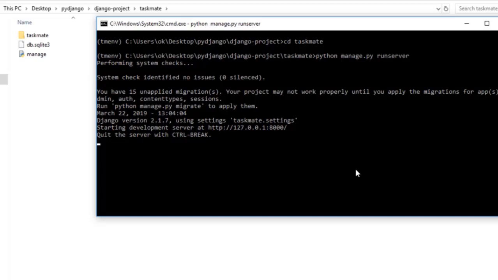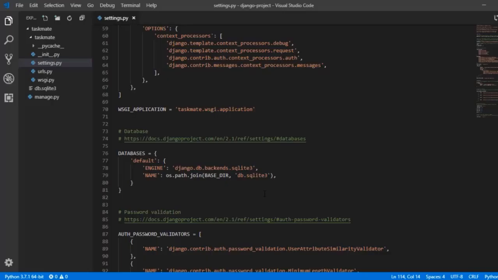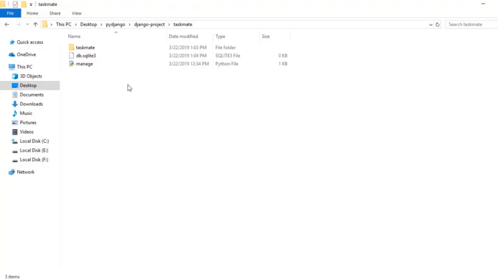The next thing is you might have seen this db.sqlite3, that is our database file. So if you jump back to your settings.py, here you can see this is our database which we have given name. So if you are someone who is using Postgres, if you are someone who is using MySQL, then do change your database before running your server for the first time. Remember, we have run this for the first time and it has executed several files.